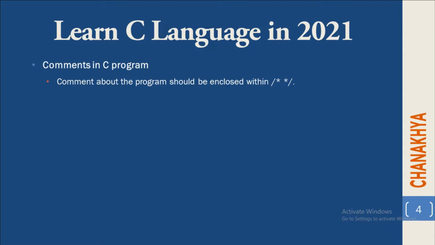Whenever the programmer wants to write something about his own references, or for his team members if he is developing a big program along with his team, he writes comments in the C program. When we start a comment, we use the symbol slash star,